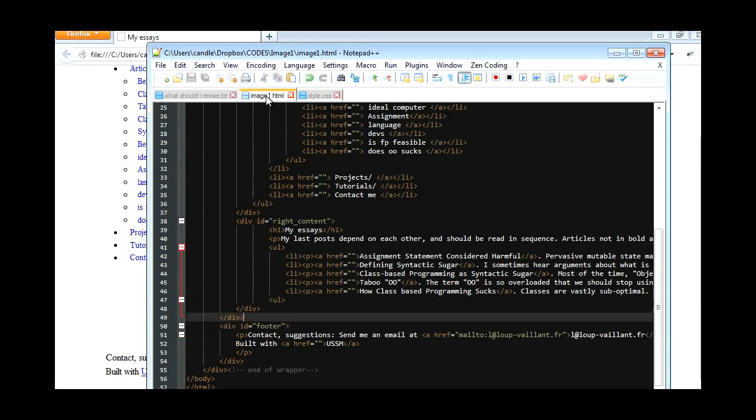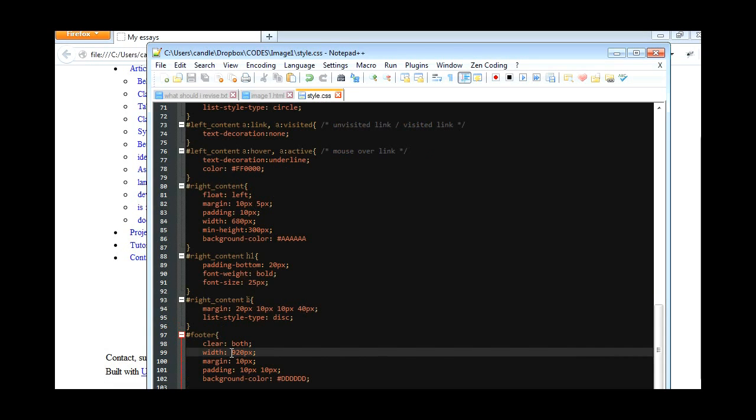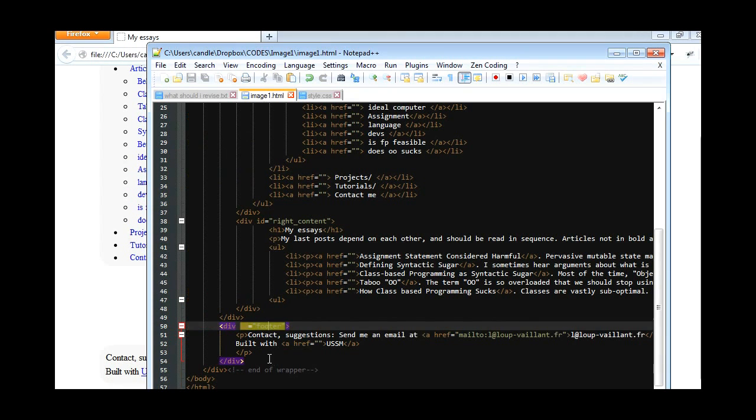For clear both, I didn't set up a division clear here, I just set up clear both here in my CSS. It would be much cleaner,